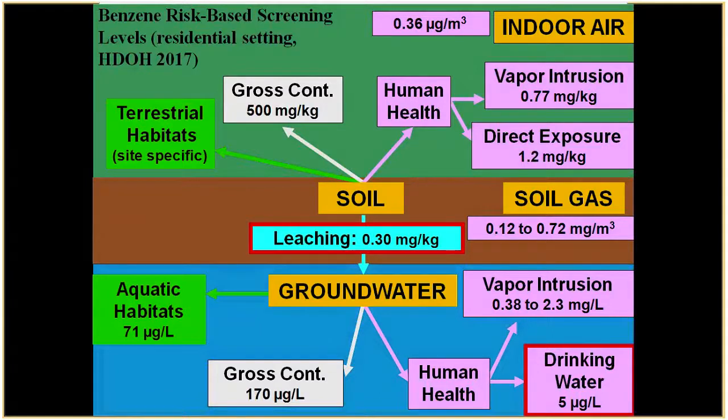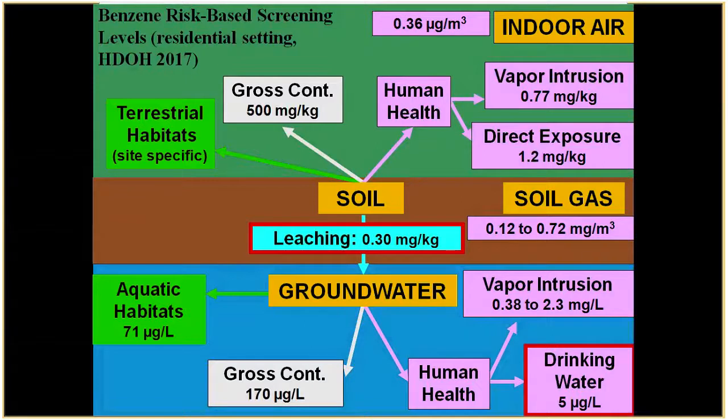This starts to get really complicated, all these numbers. If you just want one number, say for benzene in soil, we would look at all the screening levels for benzene in soil, and then take the lowest screening level, which in this case might be, let's say it's for leaching, 0.3 milligrams per kilogram, and that's what we would call our tier 1 screening level. If you clean up a site to 0.3 milligrams per kilogram benzene, you're going to take care of all these other risks because that's the most conservative screening level for soil.